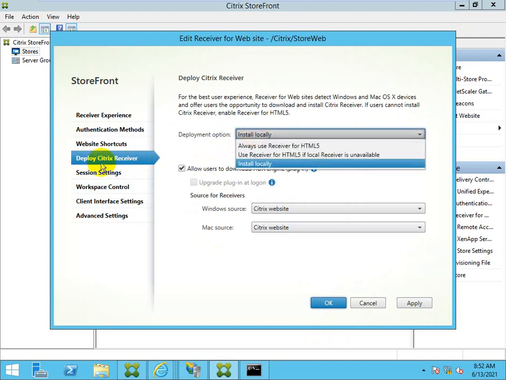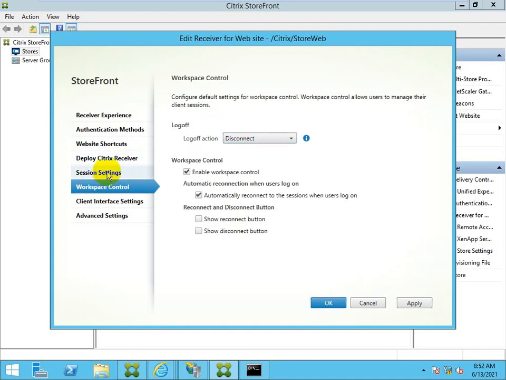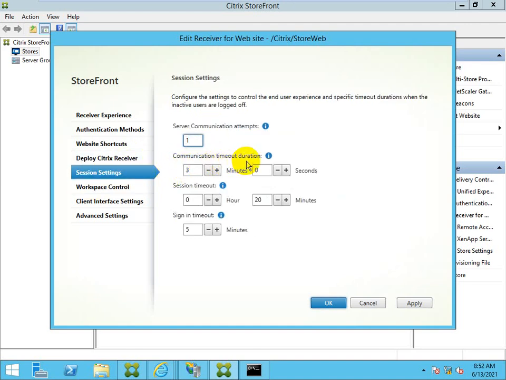Deploy Citrix Receiver, install locally. Session settings: server communication attempts is one, so only one attempt the user can try on the server. Communication timeout duration is 3 minutes, meaning 180 seconds. Session timeout is 20 seconds, so once you log in to the web StoreFront URL, your session timeout is 20 seconds.